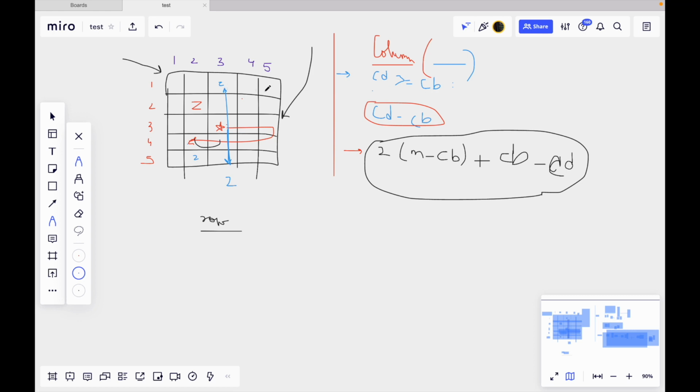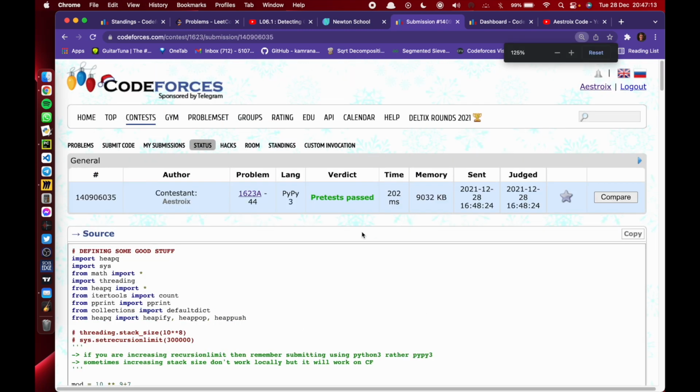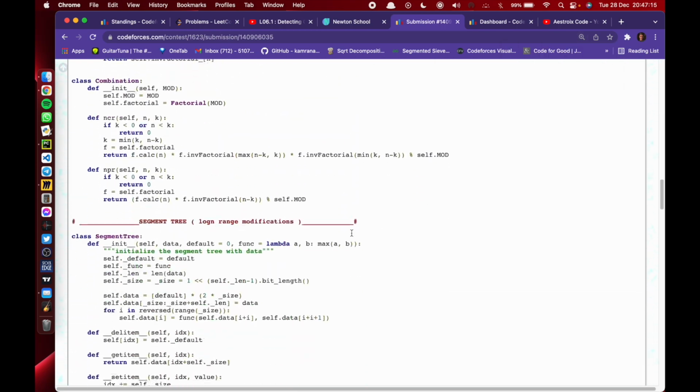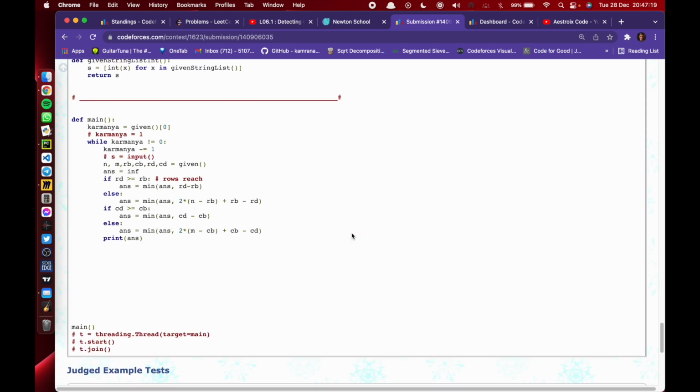Or you can say, if this dirt is present here, in this case it's directly 0 because the column is directly equal to this dirt. So I will first go down and then get reflected back to reach this row, and I will clean this row then. So similarly is the case with this row. You can see the code and you can easily understand. Okay, I hope this will work. Yeah, I'm sure it will work, but still if it gets hacked or something, I'll post a video.